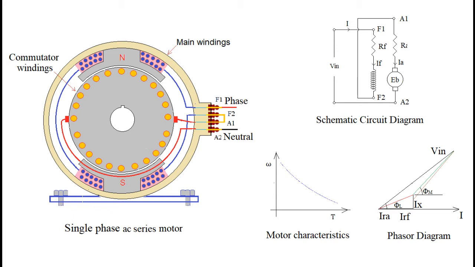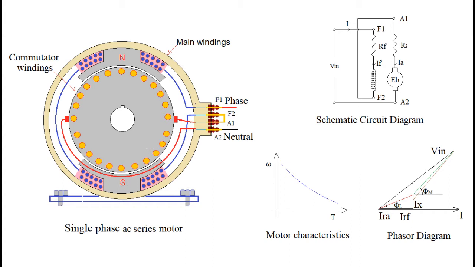The phenomena occurring under the N pole and under the S pole are similar. Only the direction of pole fluxes, direction of currents in armature conductors and direction of EMFs induced in rotor conductors is opposite for the S pole in comparison with the N pole. This observation of various directions of various parameters suggests that the direction of torque due to conductors under the N pole and the direction of torque due to conductors under the S pole is the same.